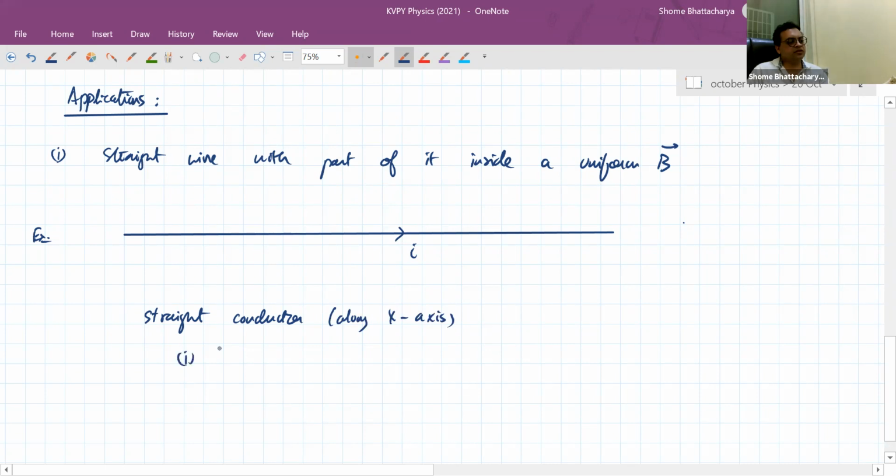In the first case, let's take a situation where there is a magnetic field present like this, only in this much region between x equal to 0 to x equal to d, or let's say x equal to L. And that magnetic field is shown like this, going into the plane. So into the plane is shown with crosses, as I was telling you before. A magnetic field that is going into the plane of the screen or into the plane of the paper in the drawing will always be shown with a series of crosses like this. So the first situation we are seeing is this one, that we have a uniform magnetic field.